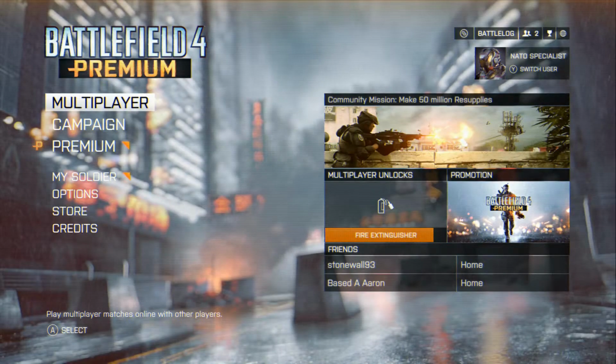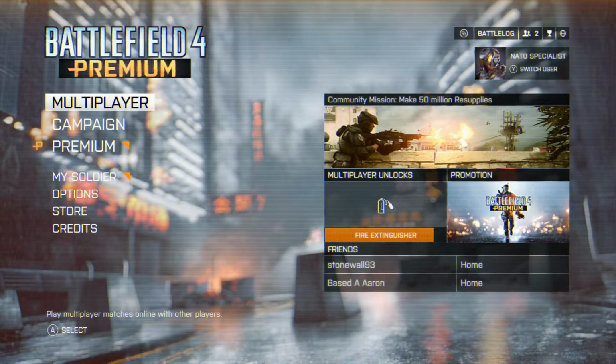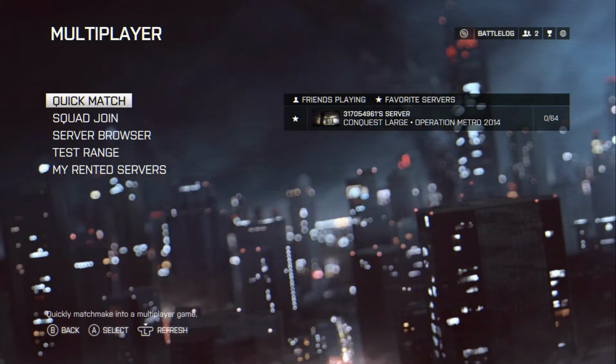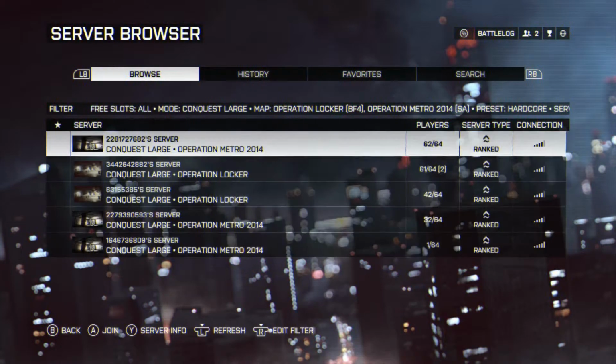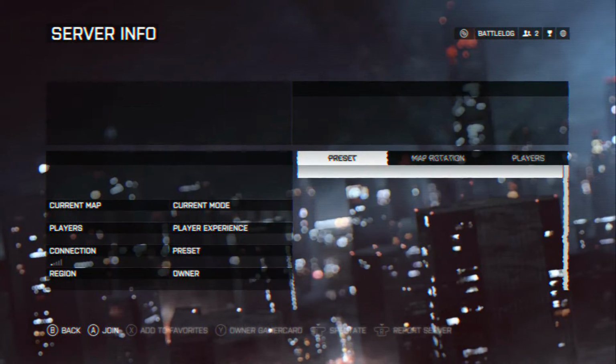But essentially, all you want to do is find a server that obviously allows commanders. But you want to get in a close quarters map. I personally prefer Metro or Locker is good, because on Locker you actually have that outside strip and you can drop supply drops in and stuff like that eventually once you get some points, which isn't very hard. And the whole point of getting on a close quarters map is because when you get into one finally, if I can ever get into one here,